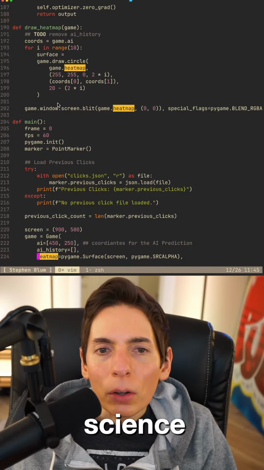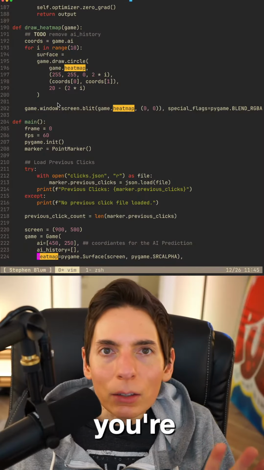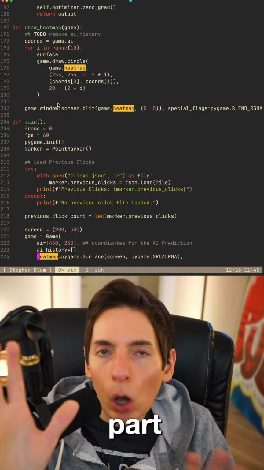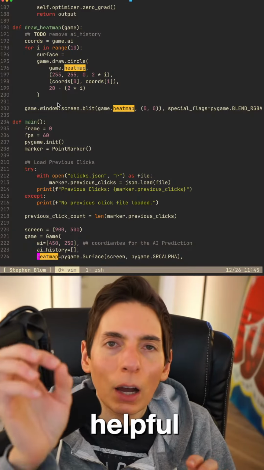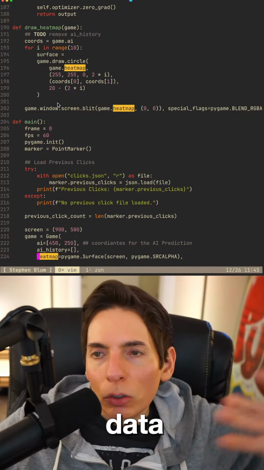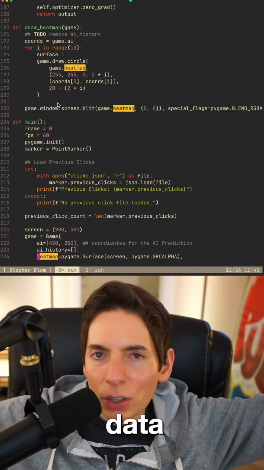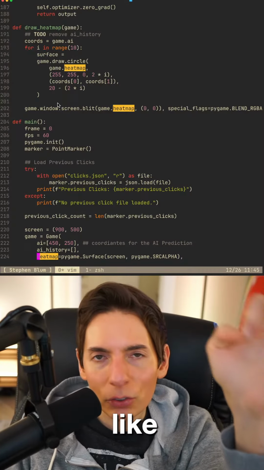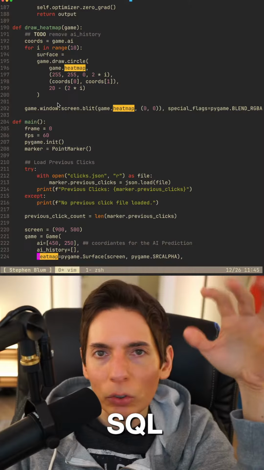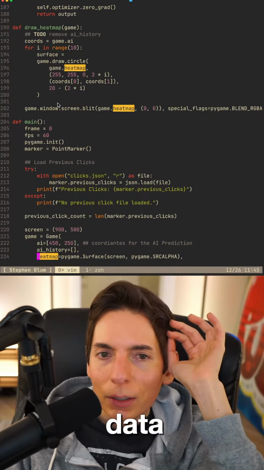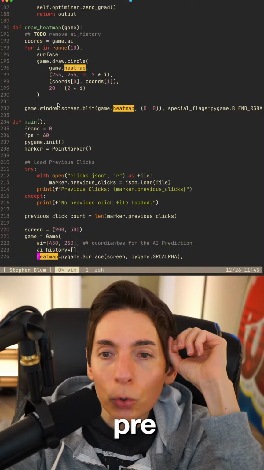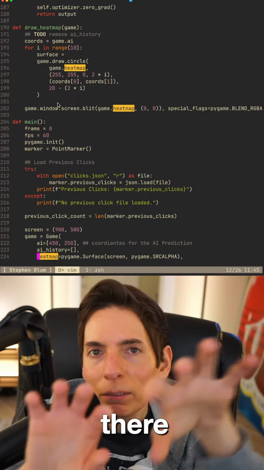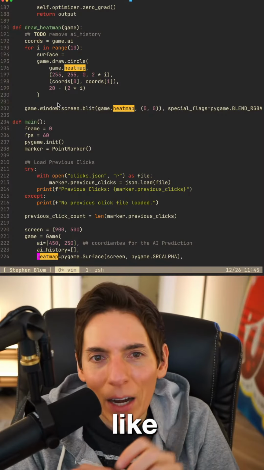You're right, I think being good at the data science part is also very helpful. Understanding big data, large data aggregation, summaries, using DSLs like SQL. There's a lot of things to go into in data science, and it is a precursor to machine learning. So you could also do machine learning in there. There's like a Venn diagram.